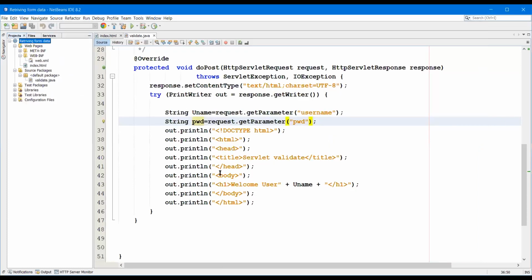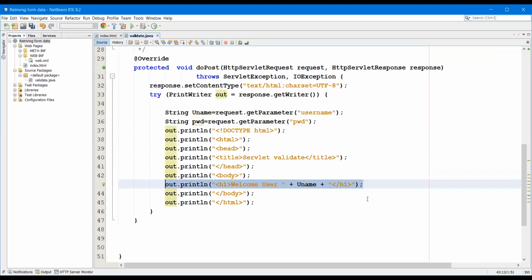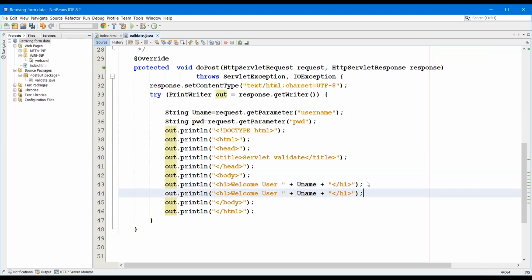Here we are displaying welcome user Venkatesh, and at the same time the entered password. Where are we going to store that password? We are going to store that password in pwd.